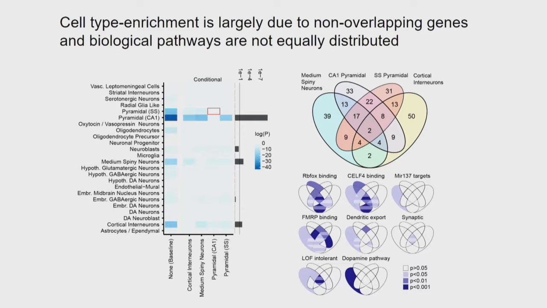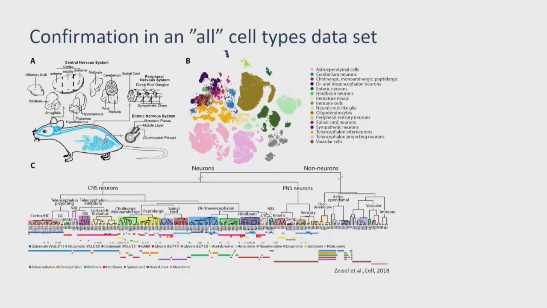Okay, this is the end part of the paper that we did publish. So I want to talk a little bit about the new study that we have on bioRxiv. We now moved from a data set where we only had a few brain regions. In the meanwhile, we published, together with my collaborator Sten Linnarsson, a new paper where instead of 15,000 cells, we had 800,000 cells, single cell sequencing from the entire nervous system of the mouse. So we took the entire nervous system.